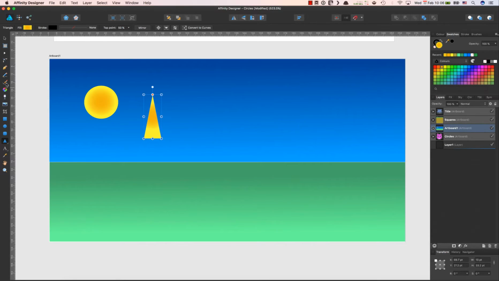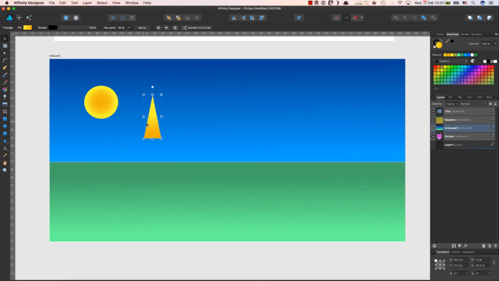But do we want it to be like that? No. Let's say we want the gradient to be linear on this, and so we'll set it to linear here, and then you notice that it goes something like that. But if you want the yellow to be at the edges and orange to be at the bottom, you can simply use this, which reverses the gradient,